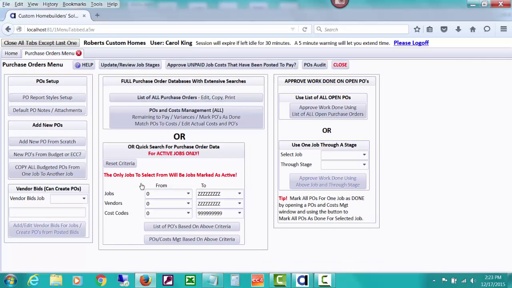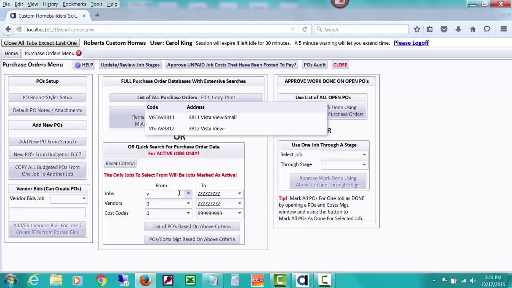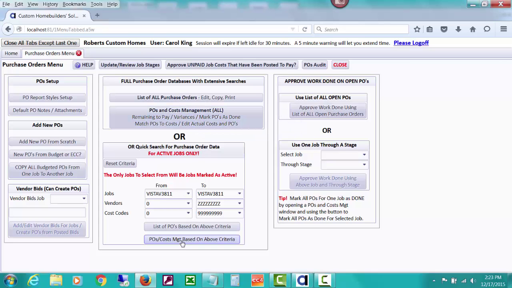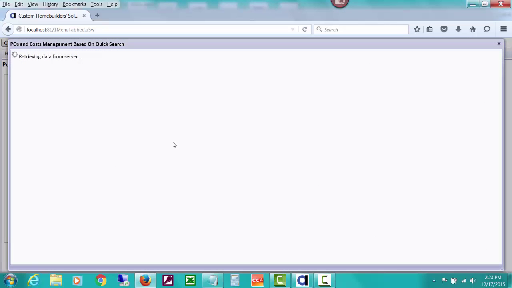the purchase orders and cost management window to see purchase orders that you've issued versus costs, and maybe to make some corrections or create some things or edit some of your bills that you've posted, etc. Let me go ahead and get my demo job selected here and open the POs and cost management just for that job,